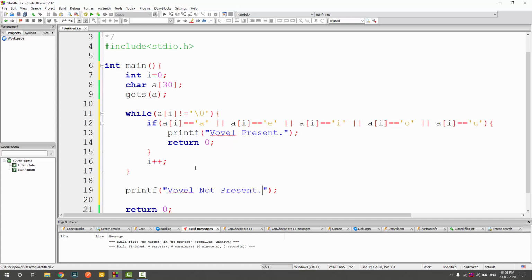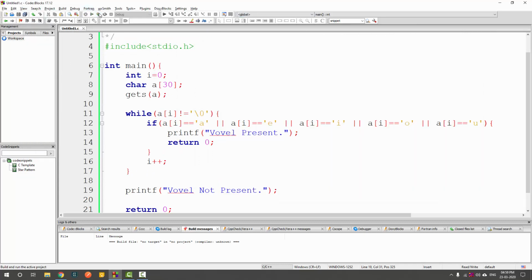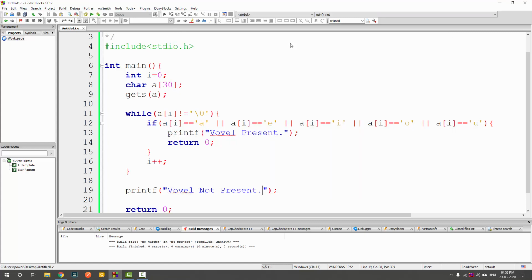Because if all the characters are checked and none of the characters match a, e, i, o, u, that means the vowel is not present. Okay, if I just run this and I enter hello, vowel is present. Then if I enter bye, vowel is not present. Okay, so this is how you handle